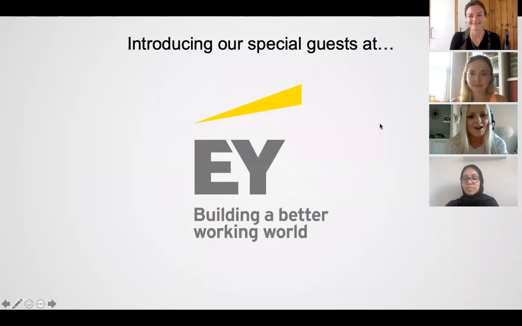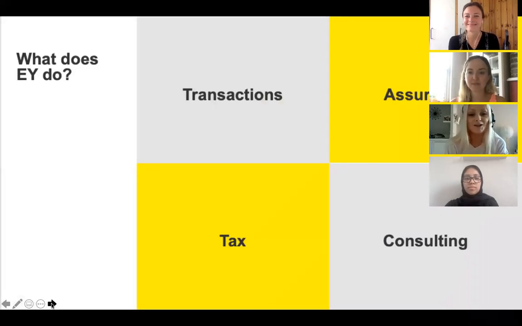So I wanted to start off and just tell you about EY. Some of you may have heard of us, and some of you might not have. Some people have heard of Ernst & Young. So I just wanted to tell you a little bit about us before we break out into our groups. So EY, we are essentially professional services. Now, that probably doesn't mean much to you. It didn't really to me at all when I joined either. But it essentially means that we provide services to companies.